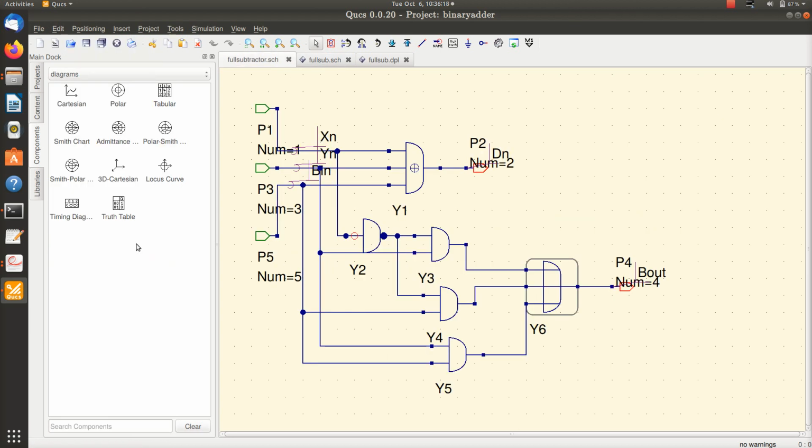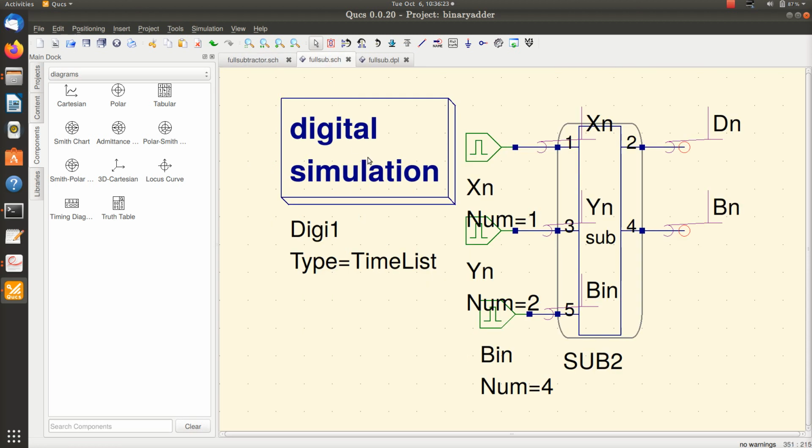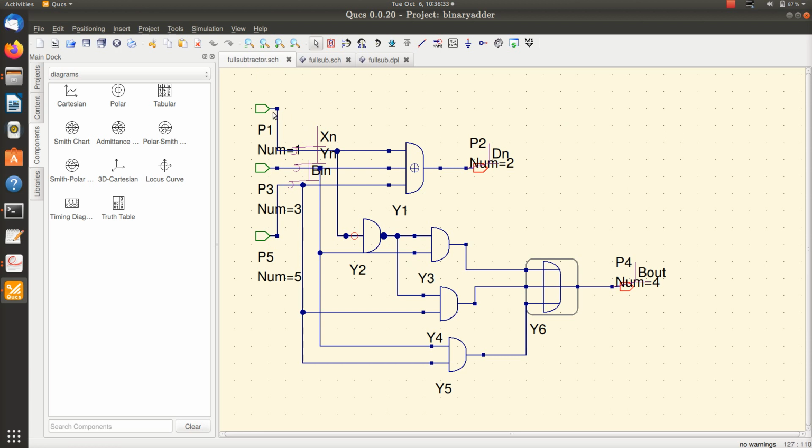If I go into the sub circuit, you can see that this is the same circuit. I encapsulate this full subtractor in a block with the pins 1, 3, 5. They are for xn, yn, and bn minus 1. Port 1 is for xn, port 3 is for yn, and port 5 is for bn minus 1. And port 2 is for difference, and port 4 is for the